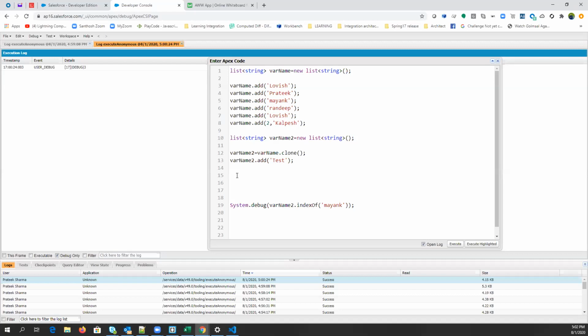So there is no particular reason to use any one anytime, right? That particular one is not the method. If you pass varname to it, this is not the method, so what it will do is traverse the complete list, go to index number 5 and print the value. But the get method will directly go to that particular index. So as a developer, you need to think about the memory as well, right? But here, as a user, there is no difference. Both will return the same value.